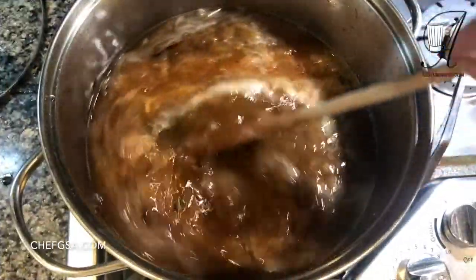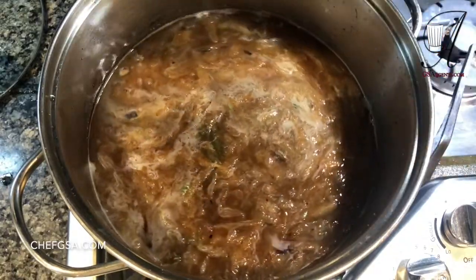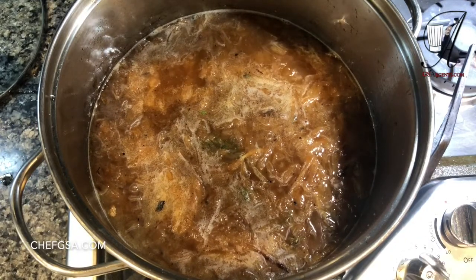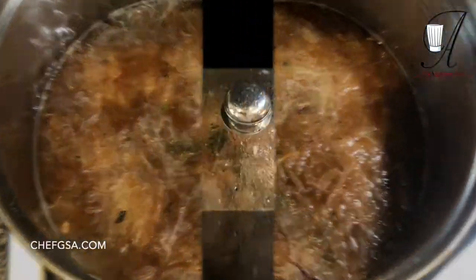Okay, now our soup has come to a boil. It's not a rolling boil. We don't want a rolling boil, but it is boiling. And now we're going to turn it down, and we're going to simmer it for about a half an hour, 45 minutes, and we'll be back. All right,